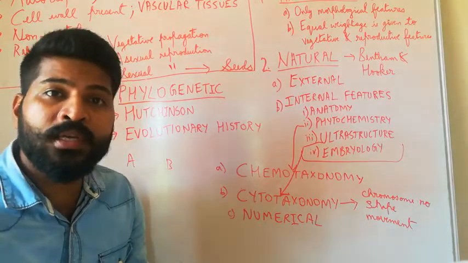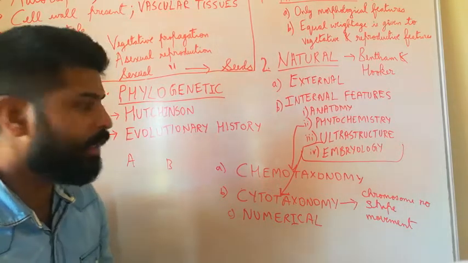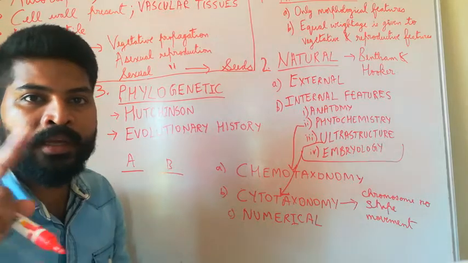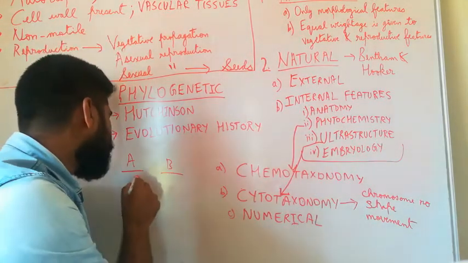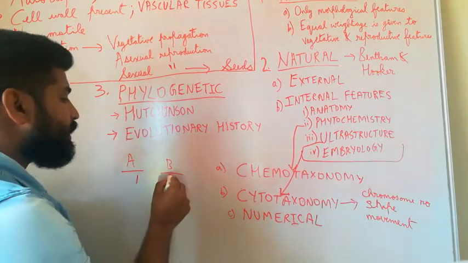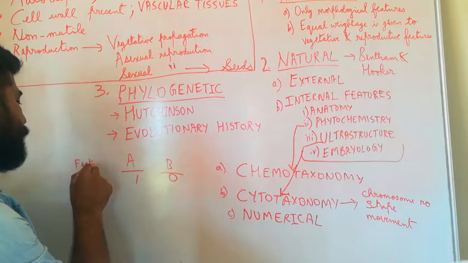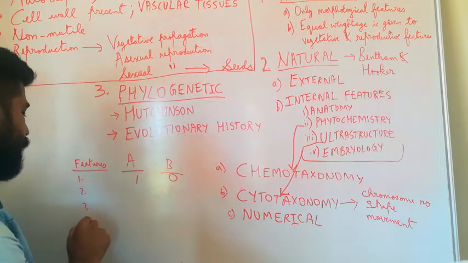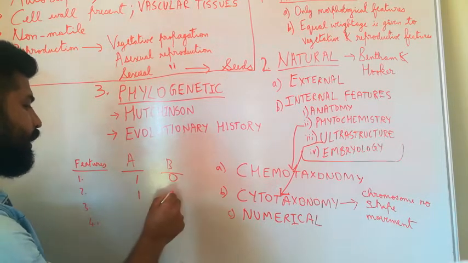Hundreds and thousands of features, both external as well as internal, are considered, and each one is given a character, that is 0 and 1. If the character is present, it is marked as 1. If the character is absent, it is marked as 0. So all the features of the plants can be listed down over here like this, and their presence or absence can be